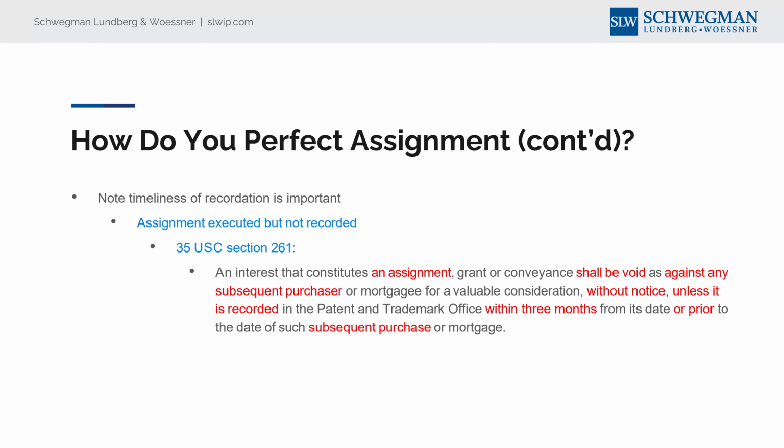So if you grant or convey it, don't record it, and then 3 months later it's assigned again or sold, and then the first person who didn't record it comes up and says, no, no, no, I own this, I had it assigned before, they're kind of out of luck at that point because they didn't record it, so there wasn't that public notice that it was already spoken for. Yeah, that makes sense.